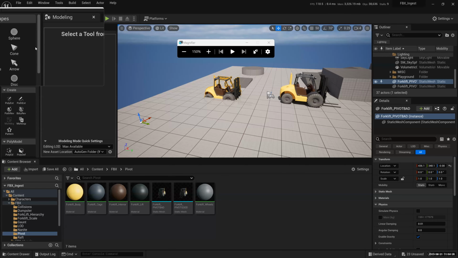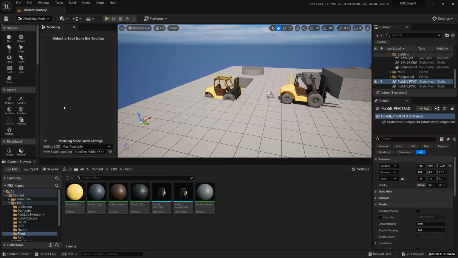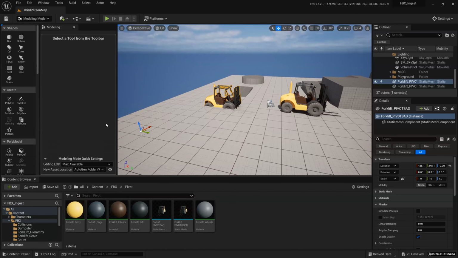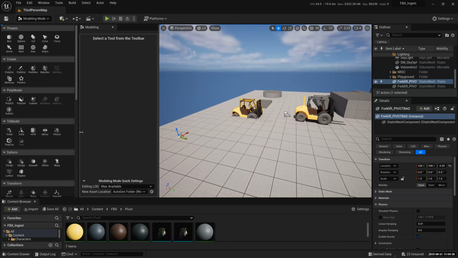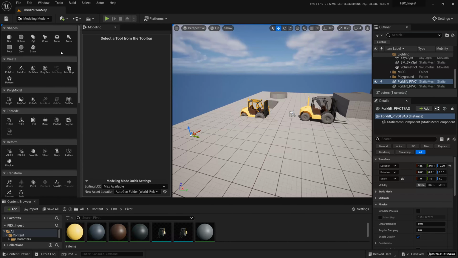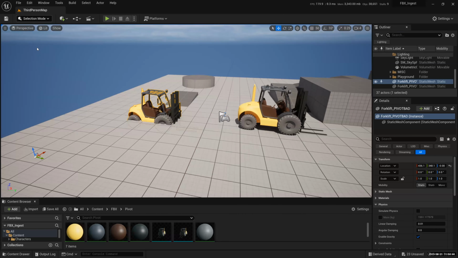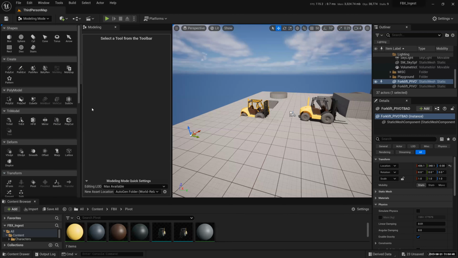Okay, and then you will come across this little window that opens up on the side. Some of you might not have the window, like two windows side by side. Do you have that? Try that. Some of you might not have it. So what you need to do is just go back to your selection mode and open up modeling mode again. You should have two panels, left and right.